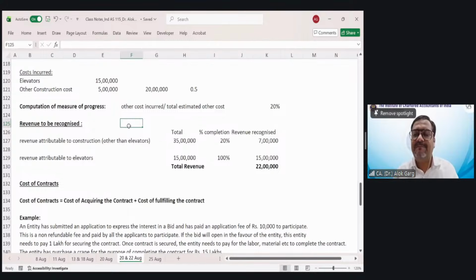For example, inventory. You purchase 1000 units of inventory. Will you charge it to the P&L immediately? No. So you purchase inventory today, you pass an entry, inventory asset account debit to bank. Next year, for example, you sold 100 units. What will you do? Revenue for 100 units will be recognized, and cost of goods sold for 100 units you will recognize. You will credit inventory, debit cost of goods sold expense. Yes or no? That's how you will recognize cost of contract also. Cost of contract is a WIP contract asset.